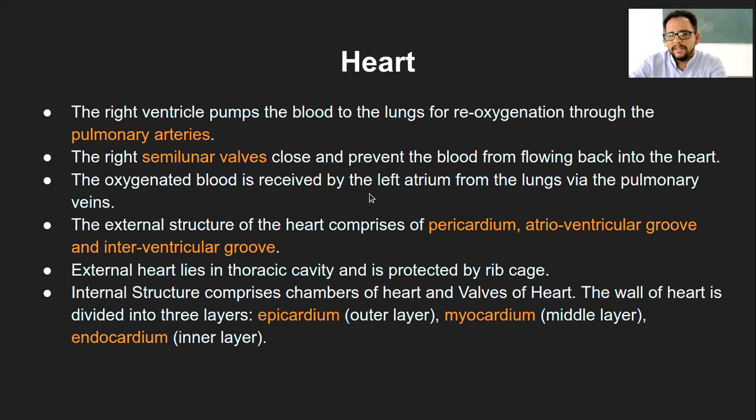The oxygenated blood is received by the left atrium, and it comes via the pulmonary vein. Again, this is another exception, a vein which is carrying oxygenated blood. So this part is a little confusing, because I don't know what I was thinking while making this, but this shouldn't be here. I will rearrange it later, but as of now I'm skipping this. I'll come back to it later.